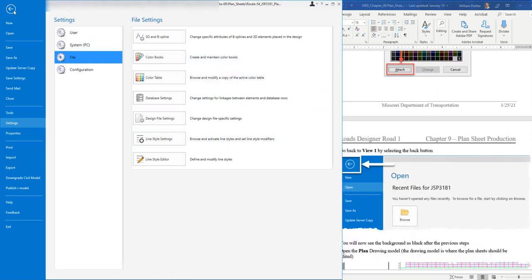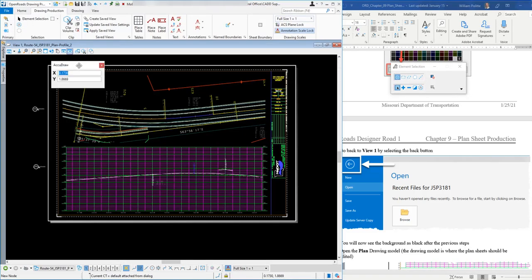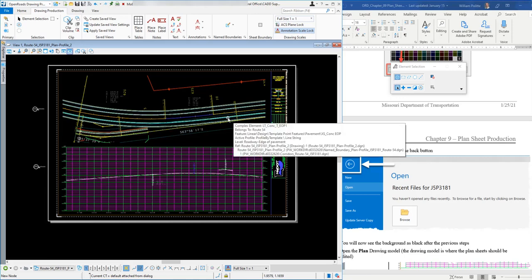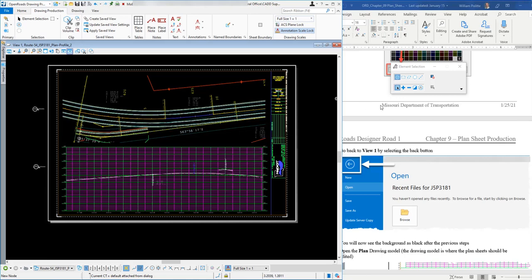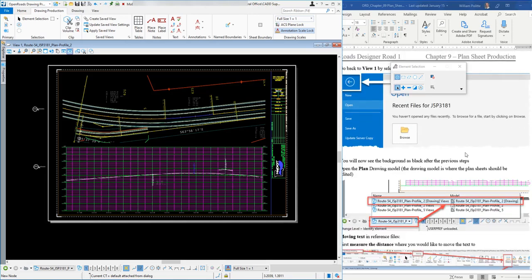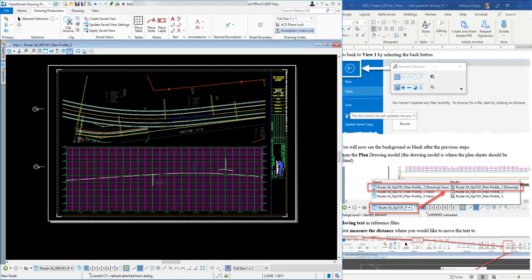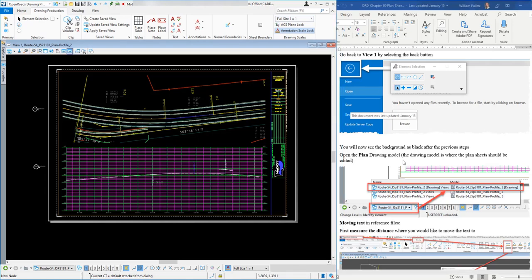Okay, now we're back to this, and the next step is to go back to the View 1, and to do that, there's a back button here on the backstage. We'll hit that, and now you notice that we have changed our, close out AccuDraw, but now you see that we have the black background, and that's the way most people are used to seeing it. And you'll see all the yellow stuff. Well, now you can visualize it and see it really well. Okay, so the next step we want to do is open our